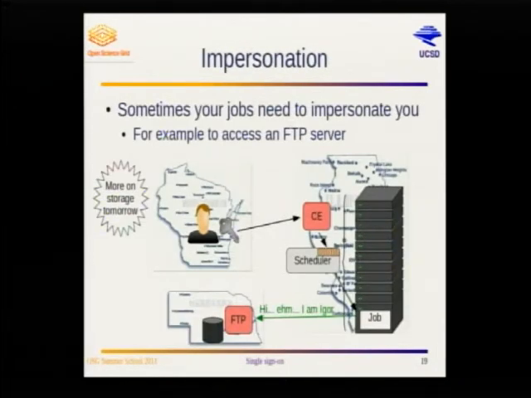Now, a slight problem you have with that is that, yes, you can submit a job and get to the worker node. But what happens if this job actually needs to do something on your behalf? For example, talk to an FTP server, right? You may need to transfer a file from somewhere else, and you want to do it in an authenticated way, just because you don't want everybody to get that file, or you want to upload something to the FTP server. Typically, you cannot do it without a login, right? So how do you do it?